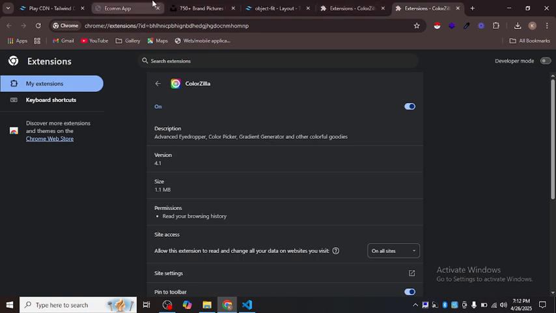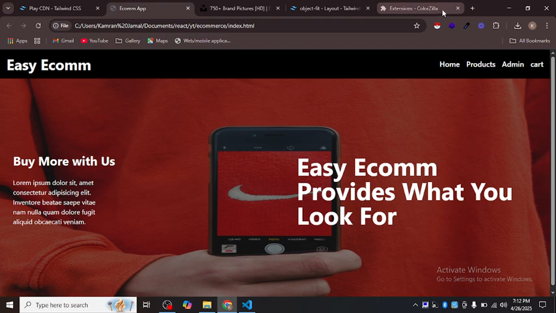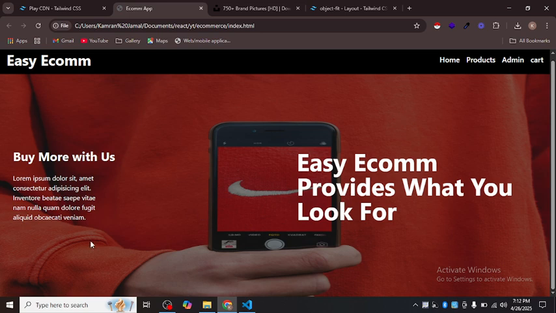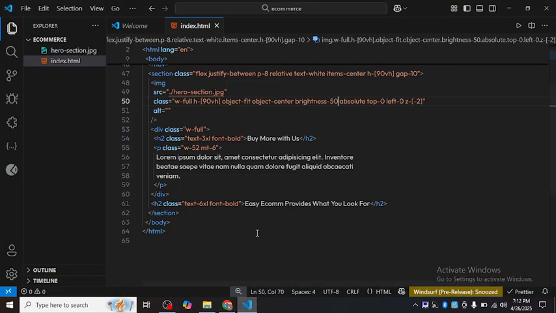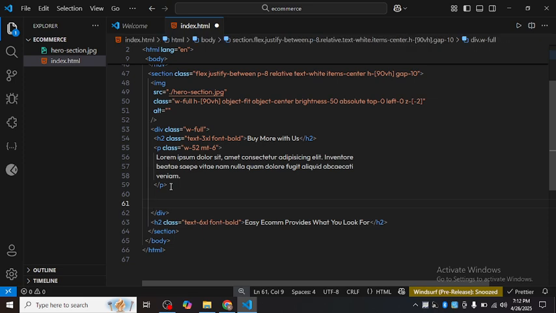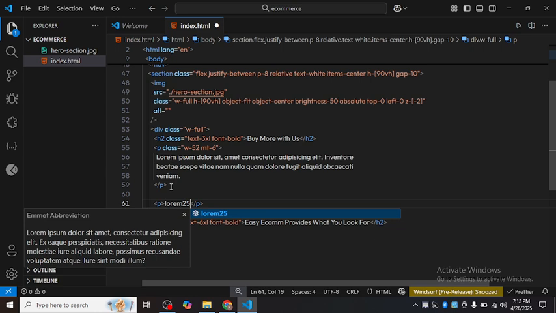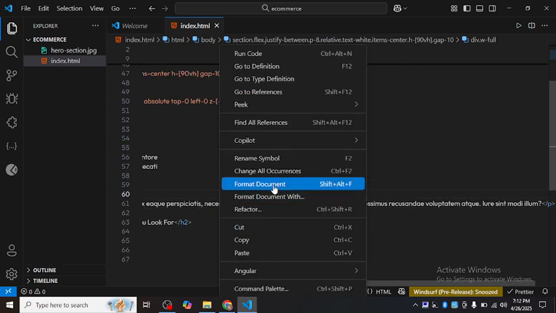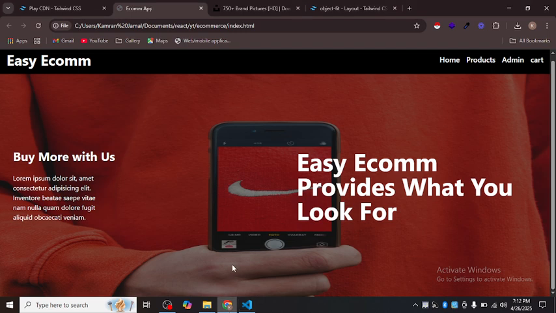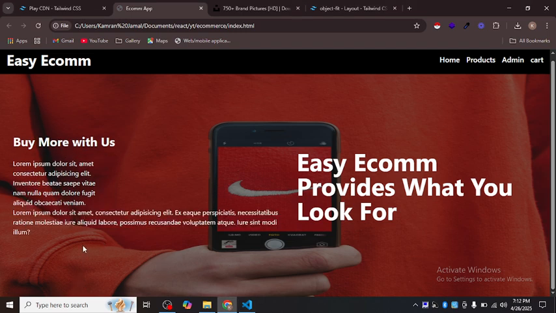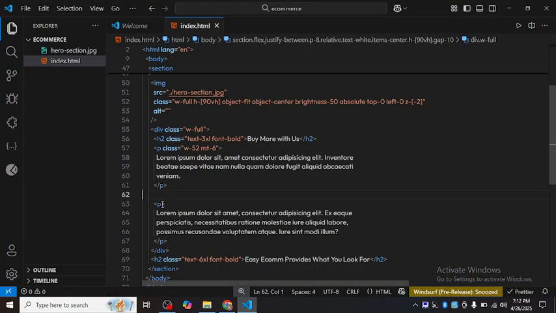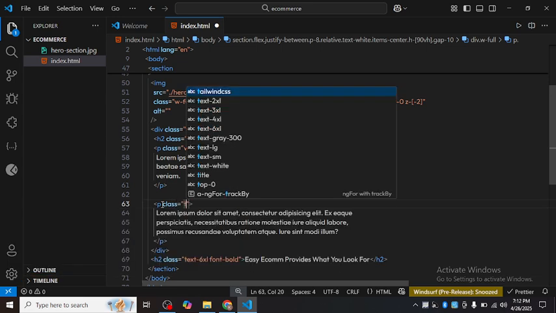Okay, so let me close these steps. So this is pretty well. Now let me write here something for beautiful visual. Here in P I'm also using to write lorem of 25, and let me format the document. Here you can see now it's looking beautiful, but I will have to give the class of empty